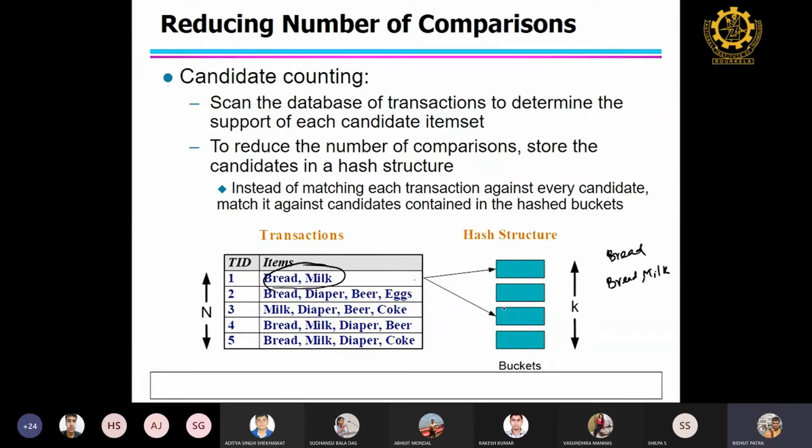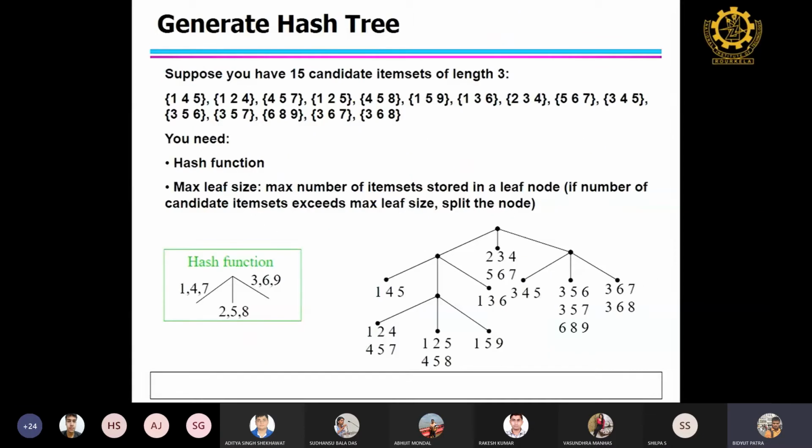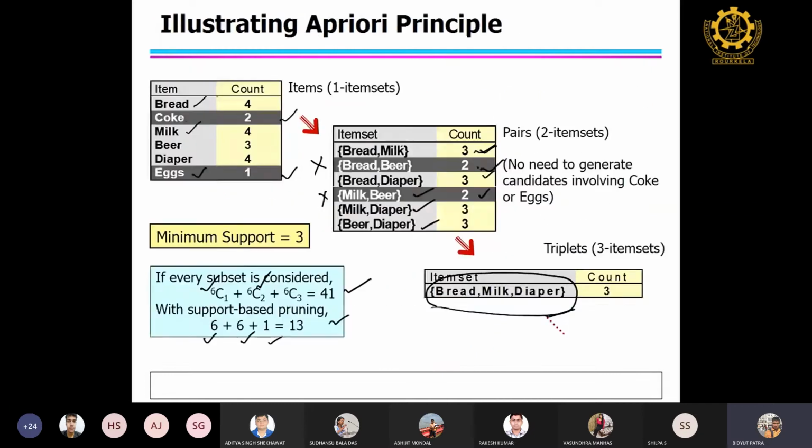So therefore what is done is, a hash structure is formed based on the number of unique items present in the transaction data set. That is how I will do it, then I will come to it next. Let's say suppose you have 15 candidate item sets of length 3. First you have to generate the candidate item sets. Candidate item set means, let's say in the earlier example we have,